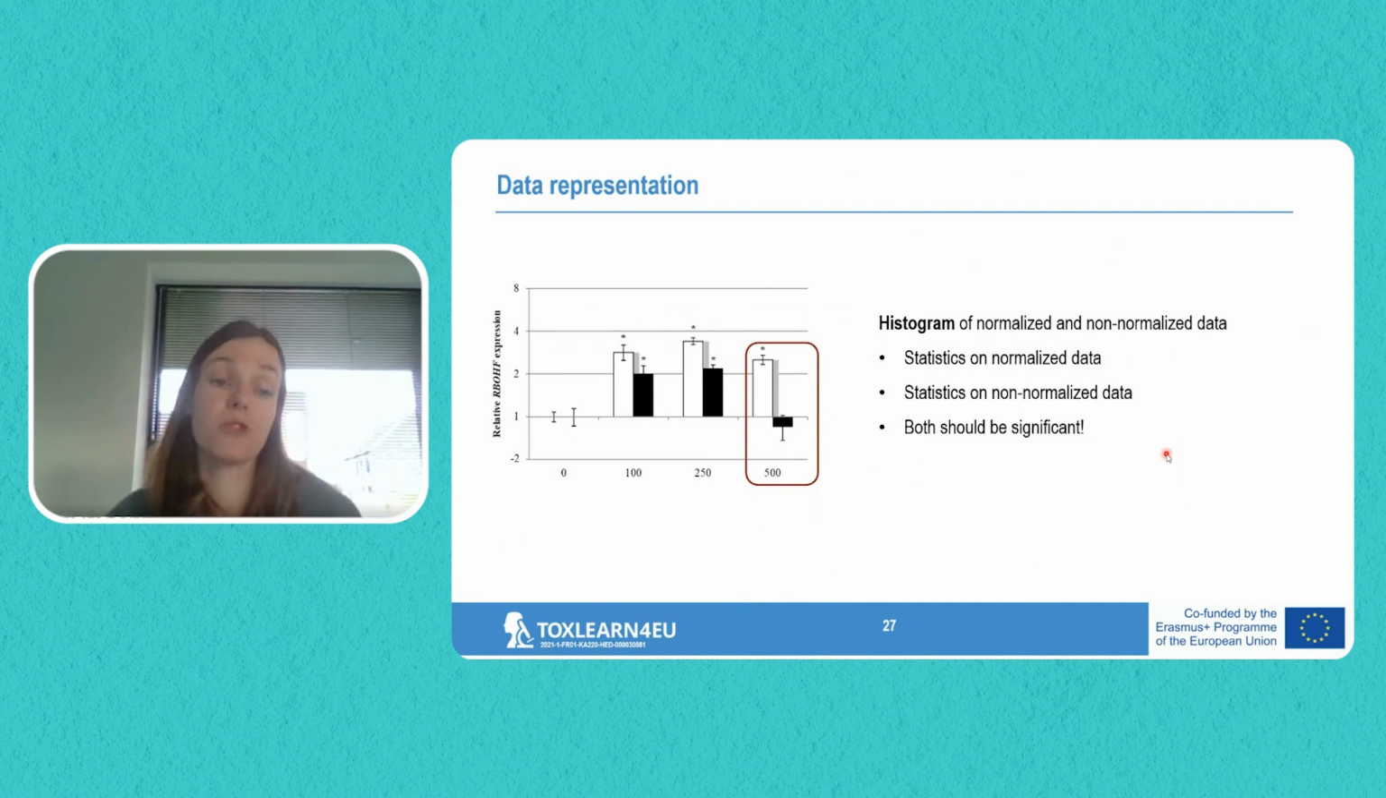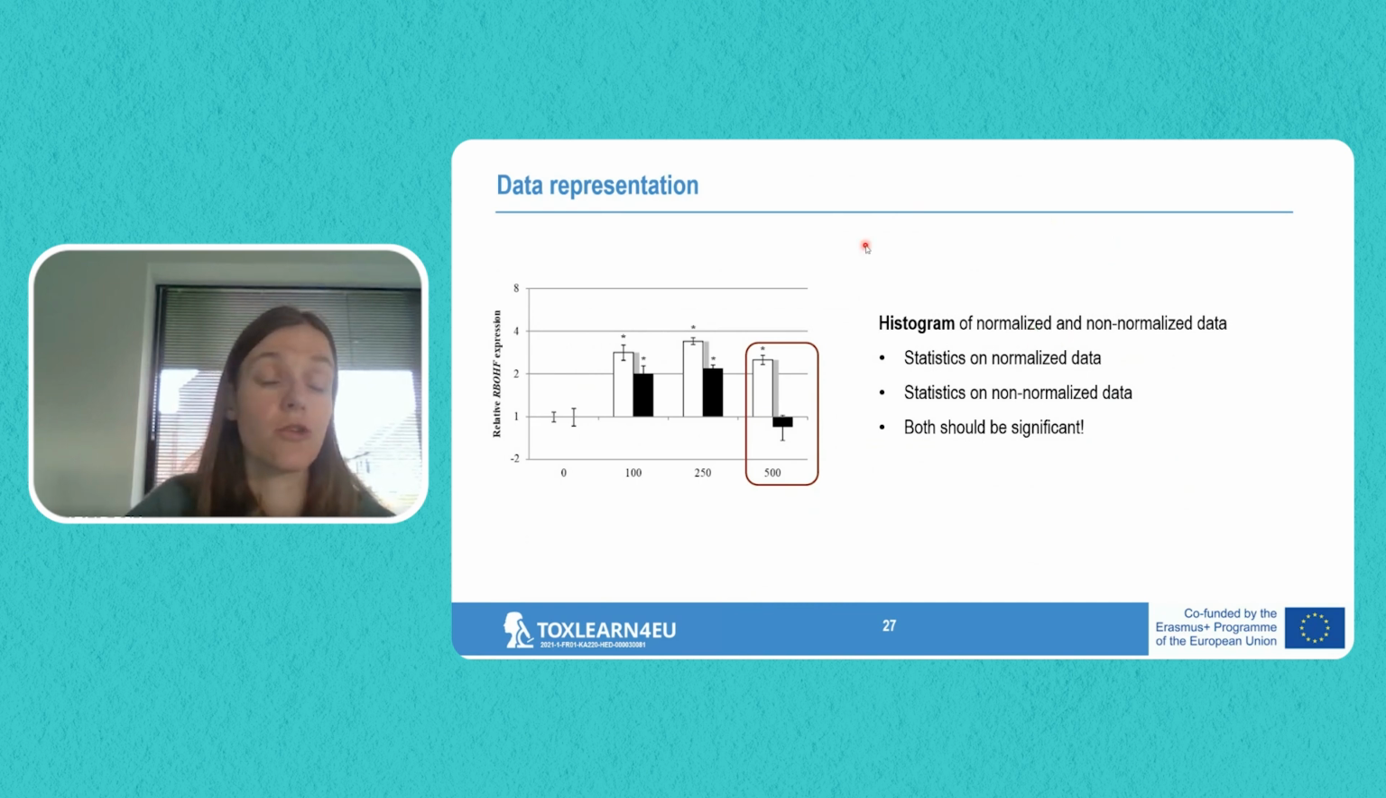So how would you now represent these data in a publication? Well, if you only measured the expression of a limited set of genes, you could show them in a graph, such as a histogram here. Then you would show both the normalized and the non-normalized data, and you would perform the statistics on both, and both should be significant. So in this case, for the 100 and the 250 micromolars of zinc, you can see that both for the normalized and the non-normalized data, the expression is significantly higher than that of the control. So here you could say with certainty that the expression of the gene is increased in response to these zinc